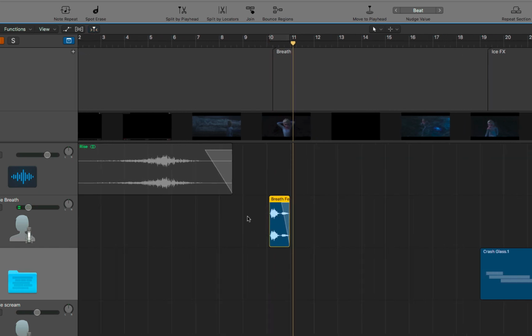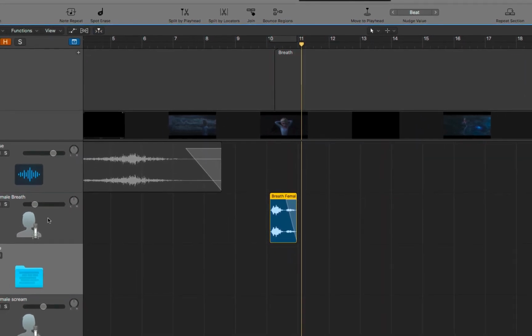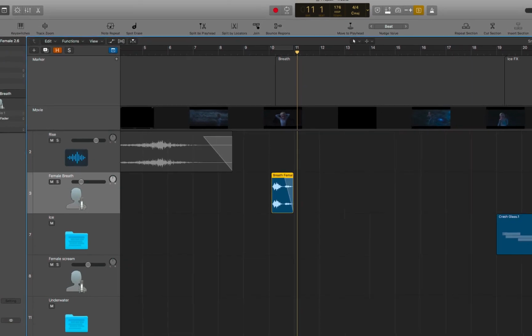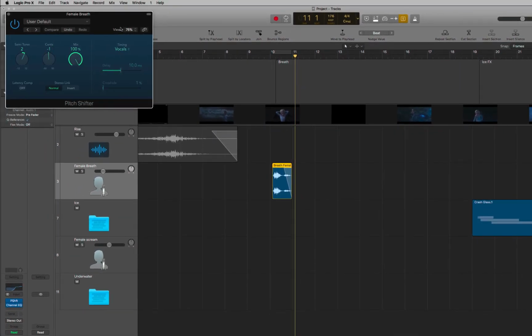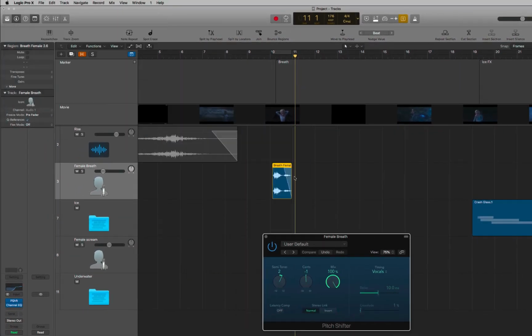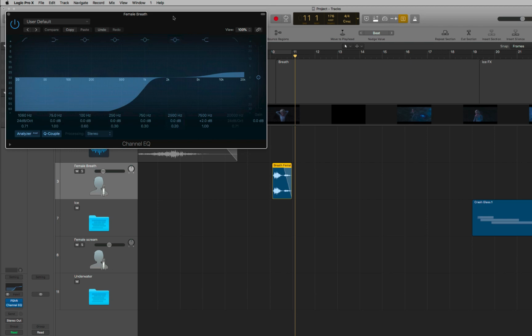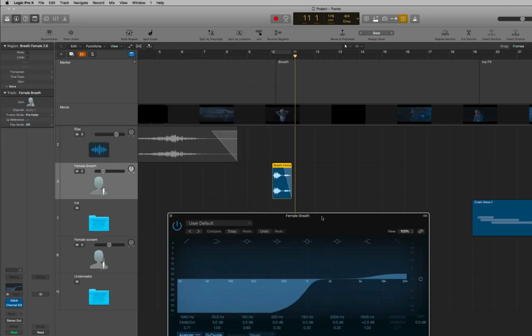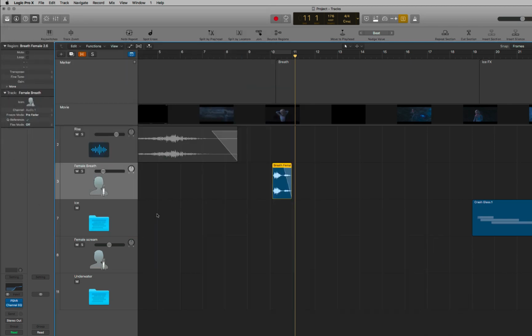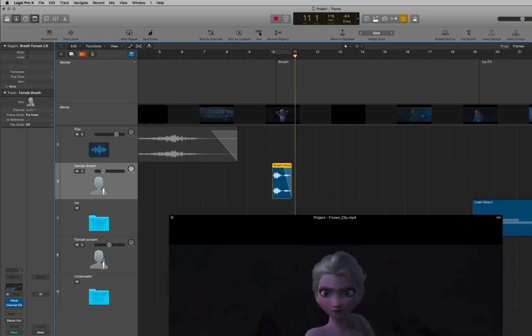The only breath I had was a Logic standard breath, so what I decided to do here to change it slightly was I used a pitch shift to bring it up by a couple of semitones, because the female breath I had was too old, so I wanted to make it sound younger. And the other thing that I did importantly was to strip out all of the low frequencies in terms of the EQ to again give it that really thin ethereal sound which we would associate with this fairy tale character